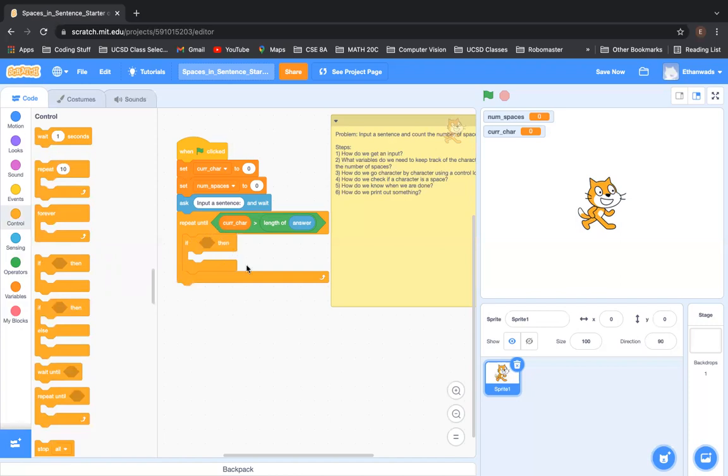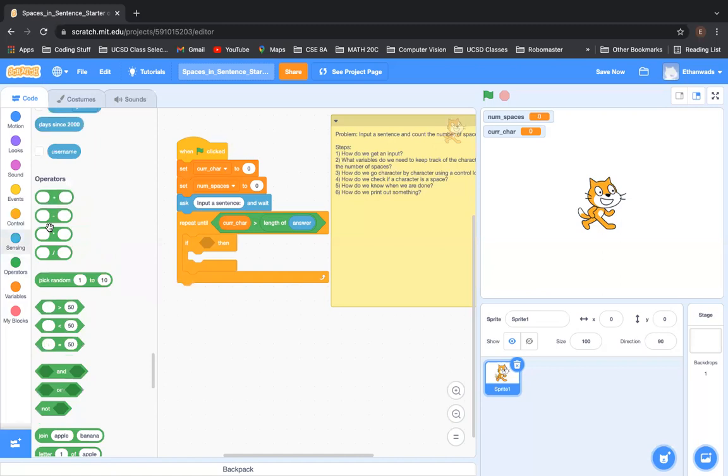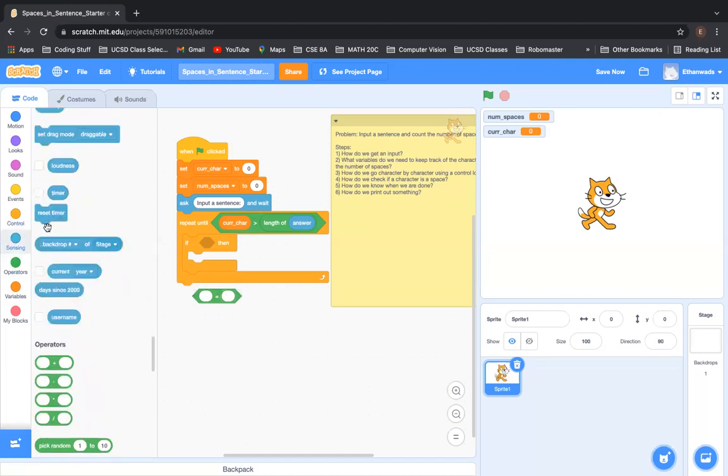Well, we're checking if the current character we're currently at is a space character. All right, so how can we check that? Well, we're looking for an equality, right? So we have an equal here. All right, what should it be equal to? Well, the thing I'm looking for is a space character. So I put 1 space in here, even though it looks blank, there's a space in there. So now we can do